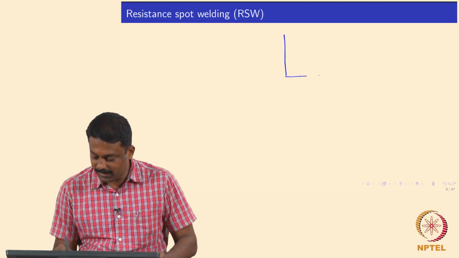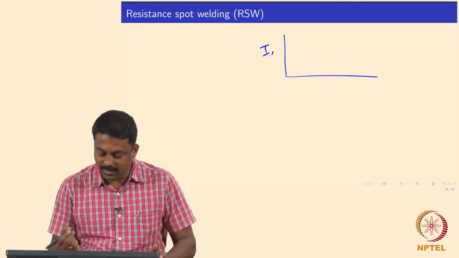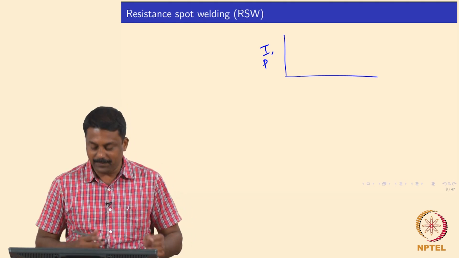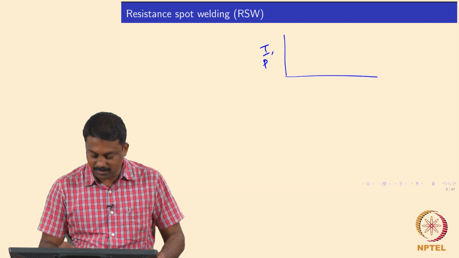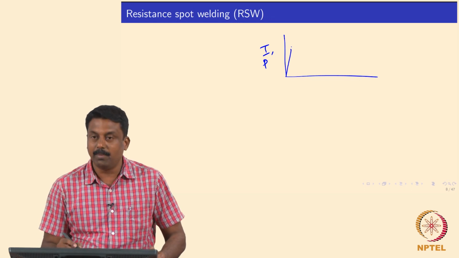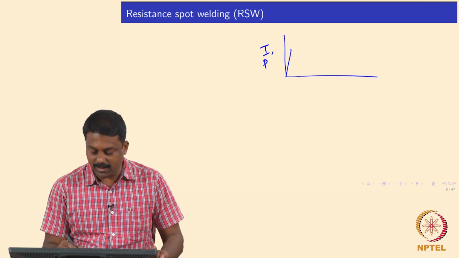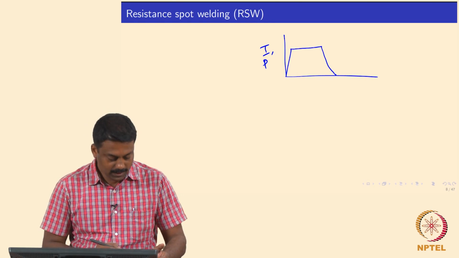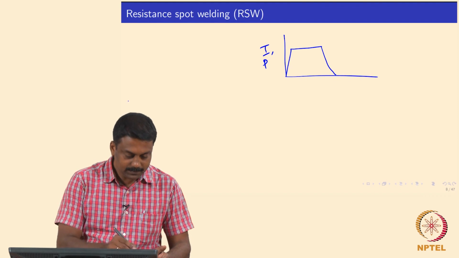Okay, we will start from last class, where we looked at the typical resistance spot welding thermal cycle. So, we looked at a simple thermal cycle. What we have looked at is, for example, current, or it can also be load. It is also important to keep the two faying interfaces together. So, basically the cycle looks like this: we will start first with loading. The moment we achieve the required load, the current will also start forming. So, the load cycle will be something like this, and then the current cycle.